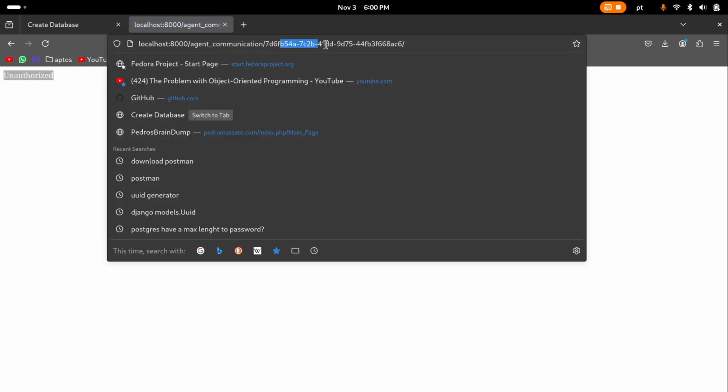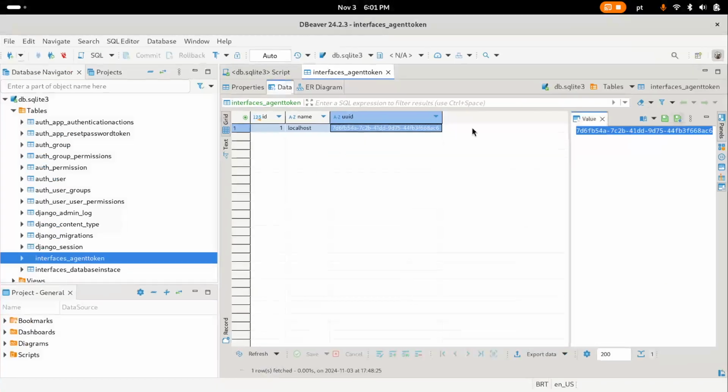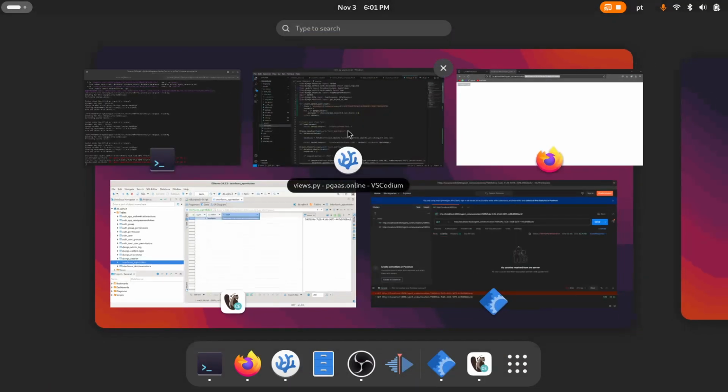Okay, so I did some fixes here and now it is unauthorized, but this token for sure is on the database